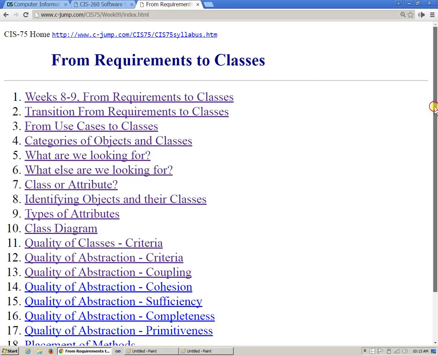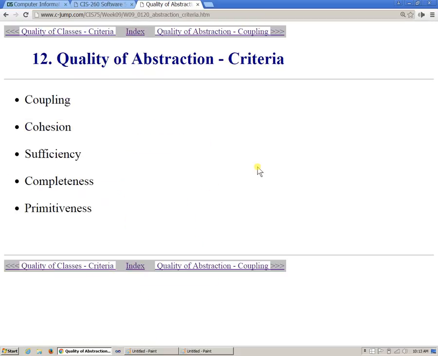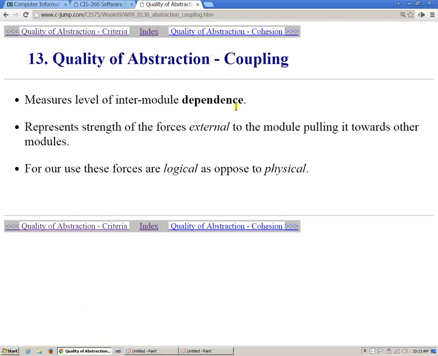So we have looked at this big picture, but now we have a list of more detail, for different types of these abstractions. We're trying to talk about individual